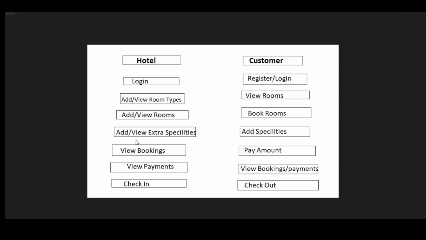Customer registers through this website by giving their data and logs in by entering the registered email and password. Customer can view the hotel added rooms, and if the customer wants, then the customer books the rooms. Through booking a room you can select, if the customer wants facilities, then you can add the facilities added by the hotel,